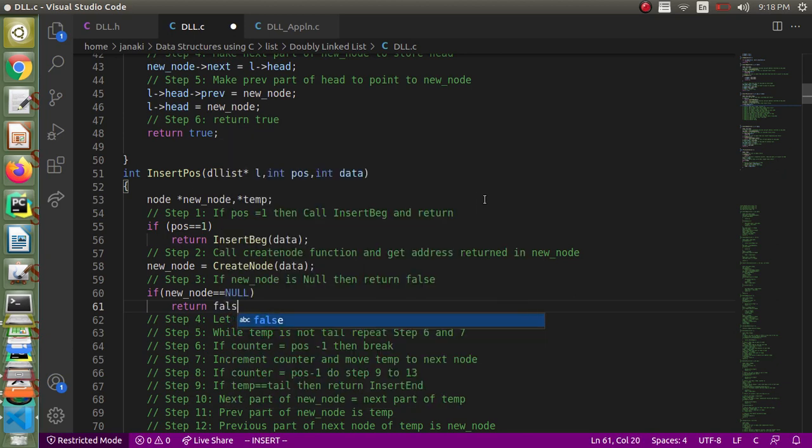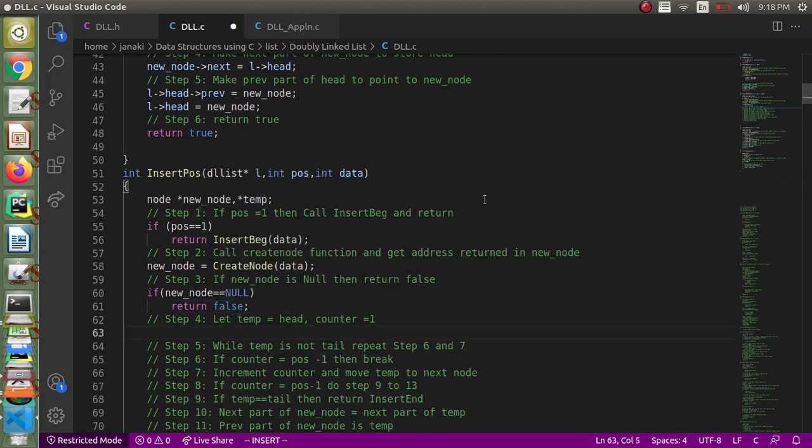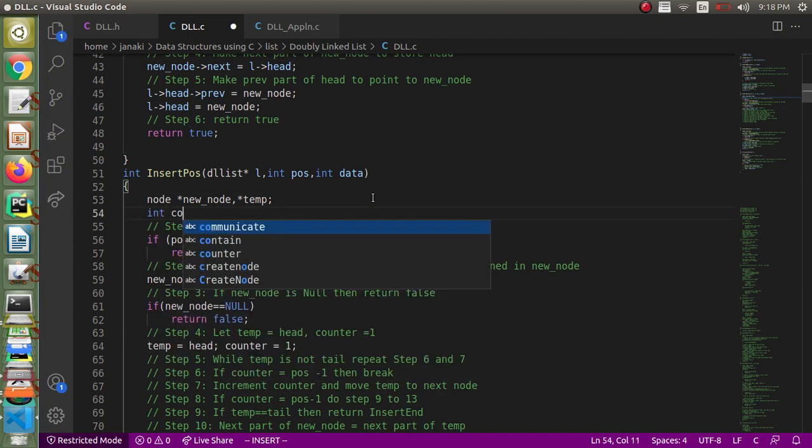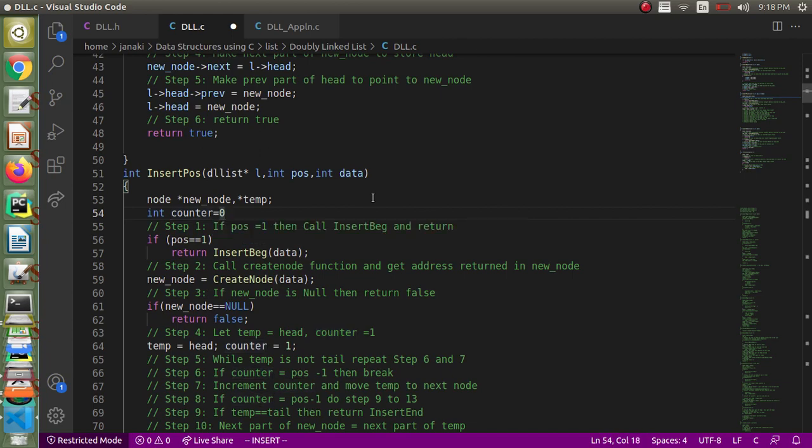Insertion could not be done. Okay, so return false. Otherwise we will tell temp equal to head, right, and counter equal to 1. We have to declare counter. I missed that. Let us declare it. Counter equal to 0. We have to initialize also.